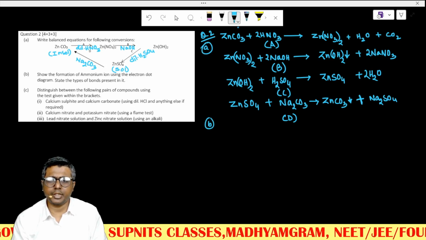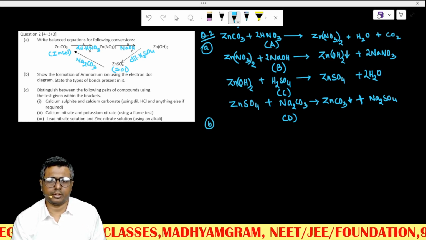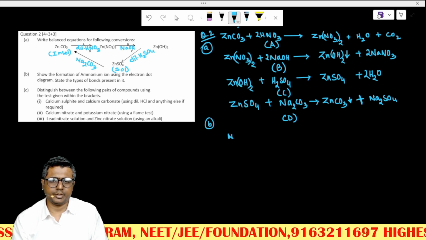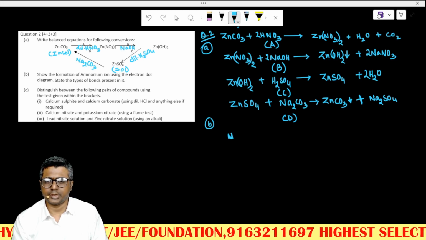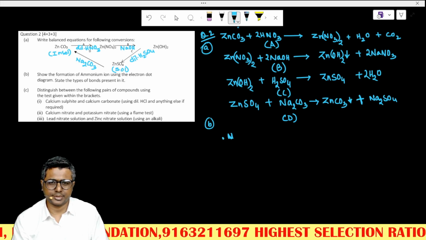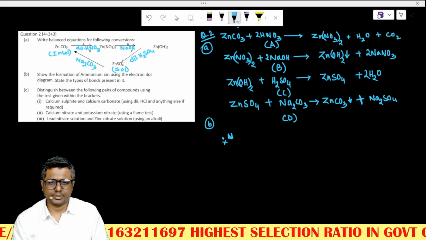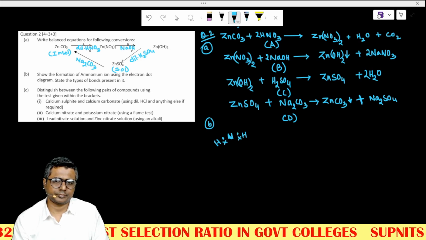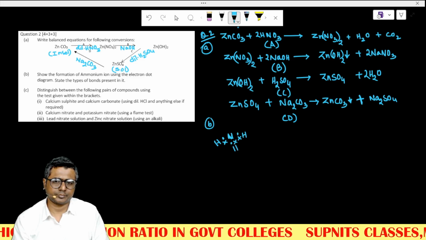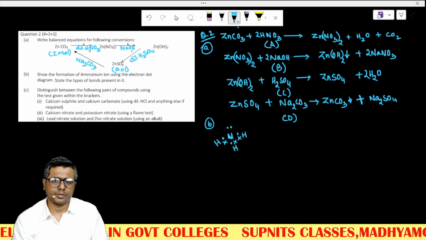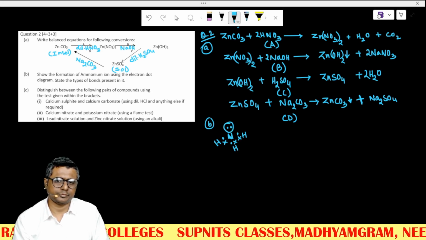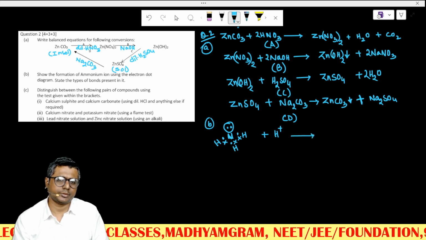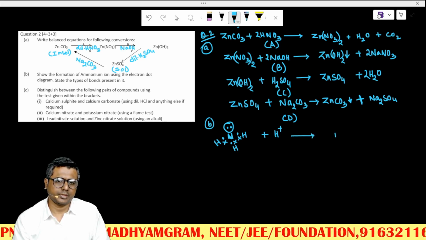B. Show the formation of ammonium ion using electron dot diagram. Many a times this has been done. Each and every student of each and every school and coaching centers has done this many a times, I know this. Ammonia molecule with this lone pair plus H plus is